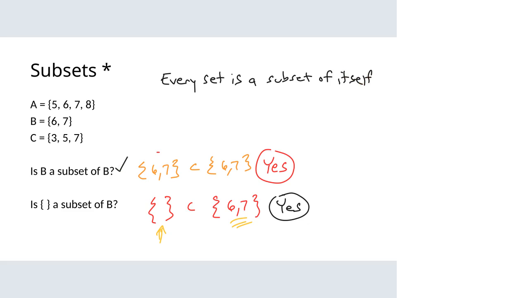B is a subset of B. There's nothing that's going to wreck it. So every set is a subset of itself. And then the other one down here, this one leads us to the conclusion that the empty set